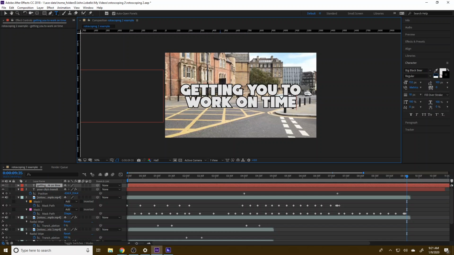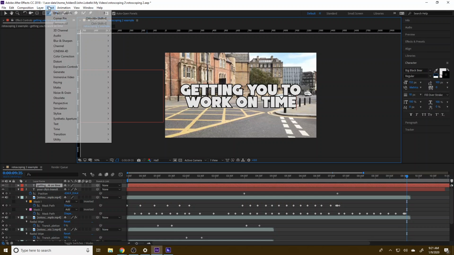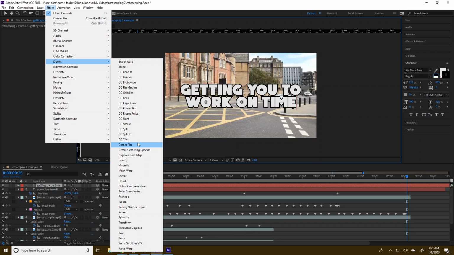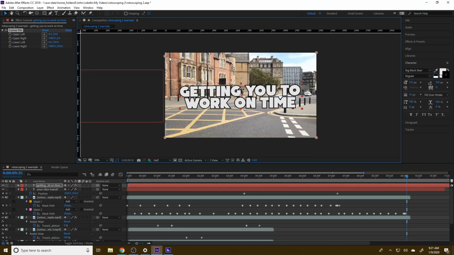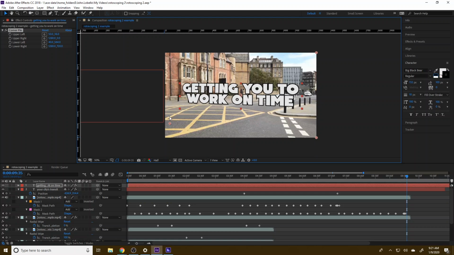And let's go ahead and put this with a corner pin as well. This is pretty big enough here. Once again, I'll go to Effects. I'll go to Distort. I'll go to Corner Pin, and we'll just pin these corners. I'm just going to use the building lines here as my guide, and I'll just pull this over here with the ground as well. And we'll just pull this guy over here to kind of fit along with the lines here, and we'll put this guy right here,